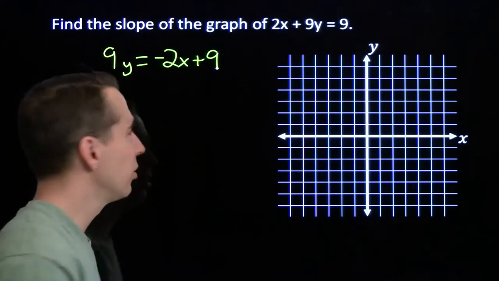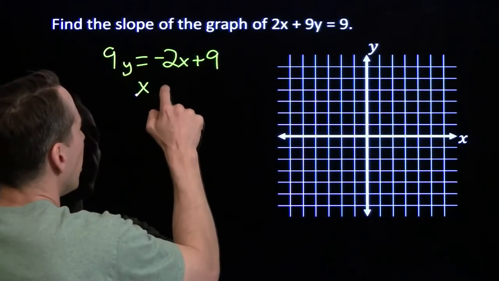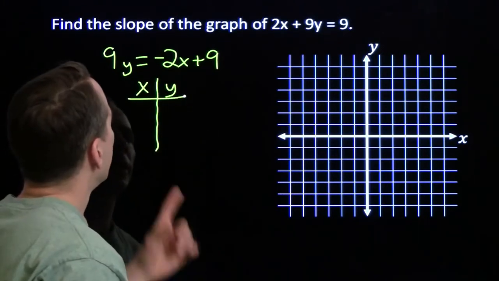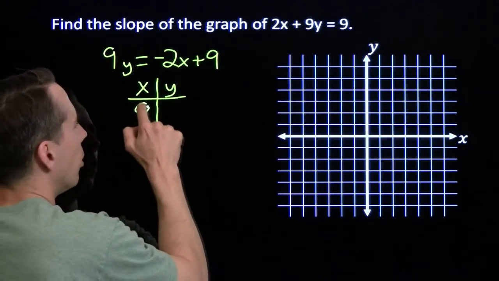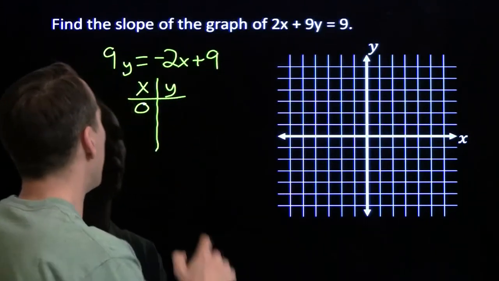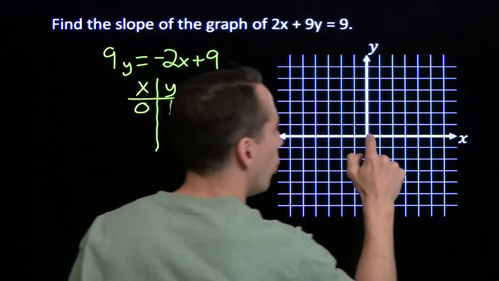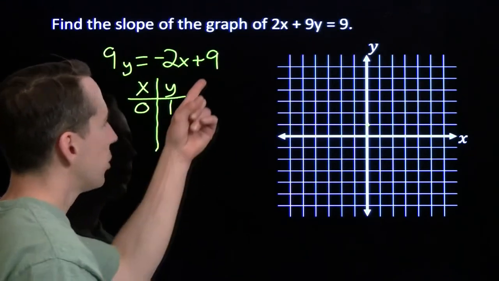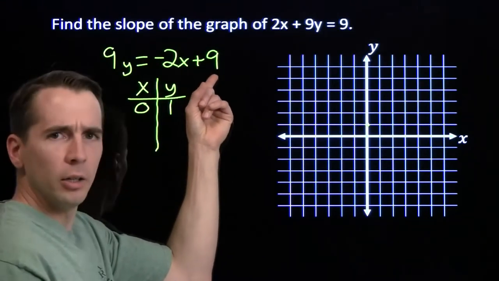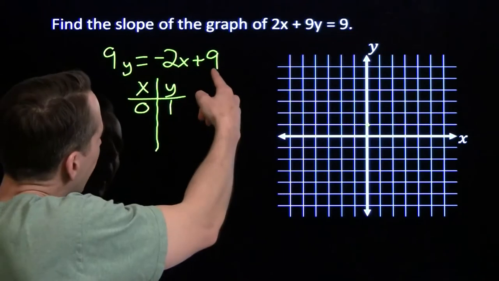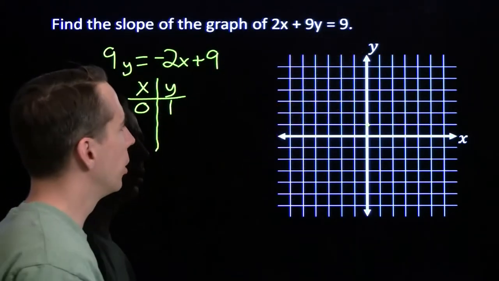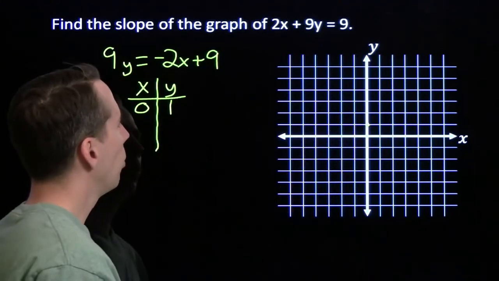Let's check this out. I'm going to go ahead and plot the line, make sure we're doing okay here. Now if I put in x equals 0, I'm going to see immediately that y is 1. So (0, 1). Wait a second. I thought this thing was supposed to tell me the y-intercept. That says 9. But it's (0, 1) that works here. What's going on?